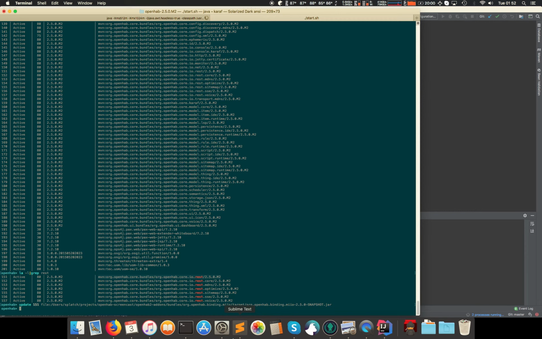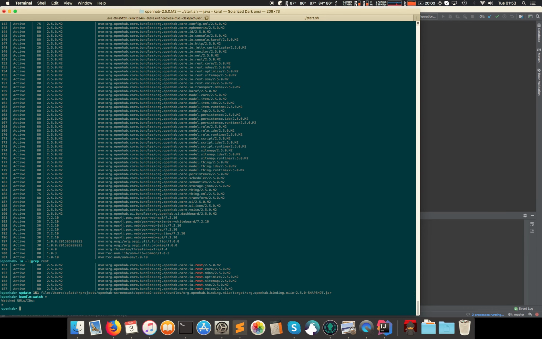So this way you can keep developing your extensions and updating them manually. And the smarter way is to use bundle watch, and this bundle watch should scan your local Maven repository and do updates automatically. So this is